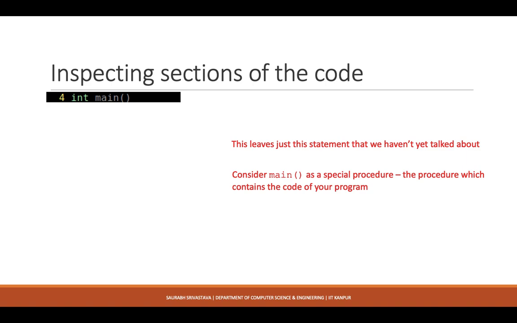So similarly, main also is a kind of procedure, and it is supposed to return something. So by default we simply say return 0. Okay, that return 0 does not have a significance for you as of now. You could write basically return anything else as well. As of now, any integer will be fine, but usually we say return 0. There is a reason for returning 0, but let us not get into those details as of now.